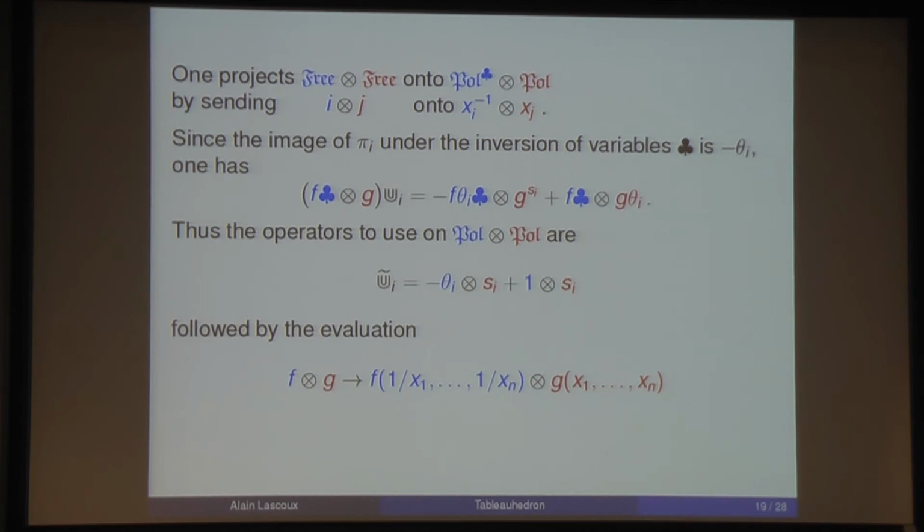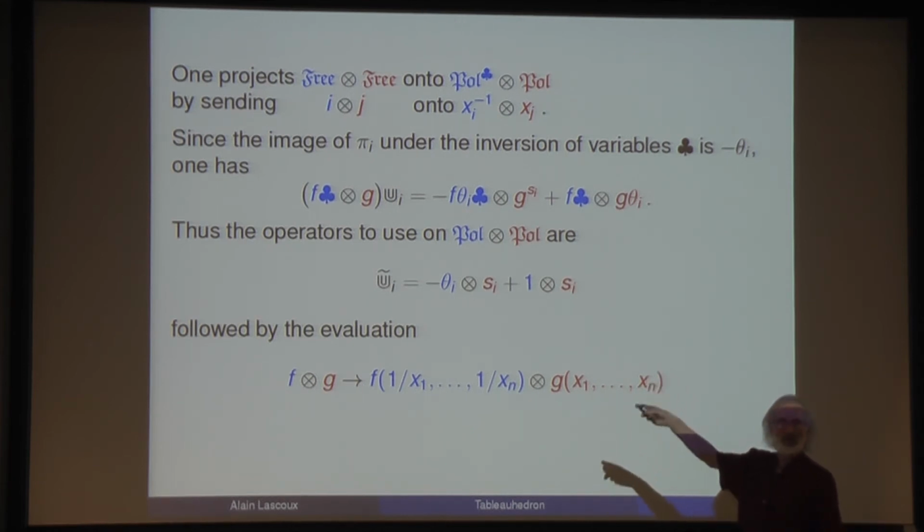So here we are computing in the free algebra. The advantage is that we can now choose a projection on the ring of polynomials. For one of the tableaux, the tableau on the right, I just take the product of the letters which compose it, so I interpret i as xi. But for the other tableau, I take the inverse variable. So decoding the computation that we made in the free world, then it's really,